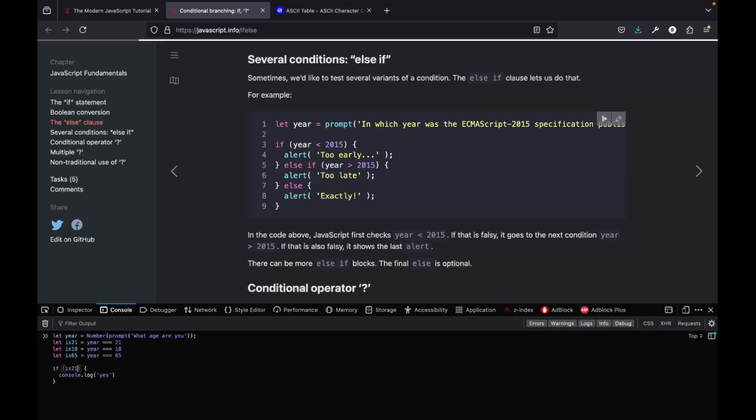If it's 65, we want to console log and say, you are retired. Else if, and then we can do another check here, age is 21, you can go to the bar, else if